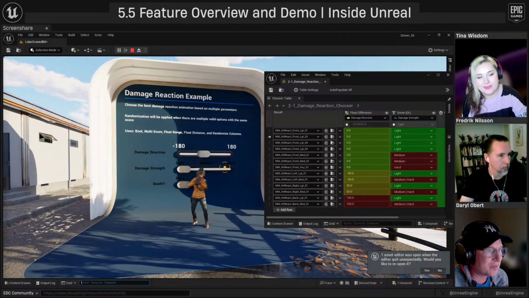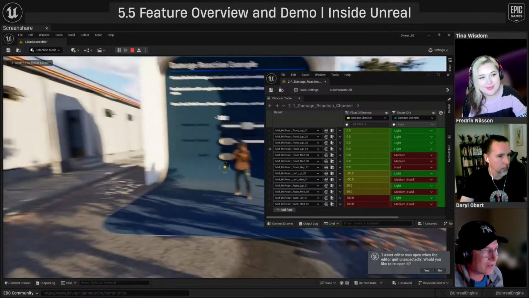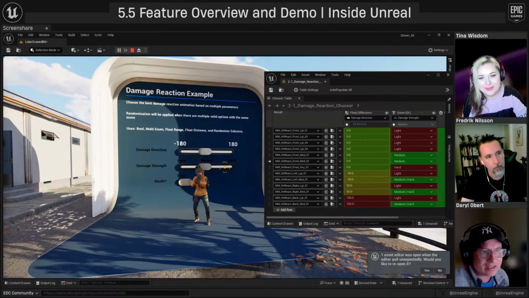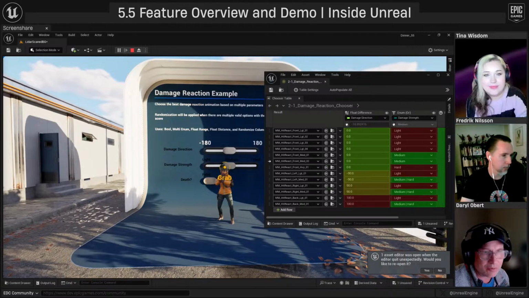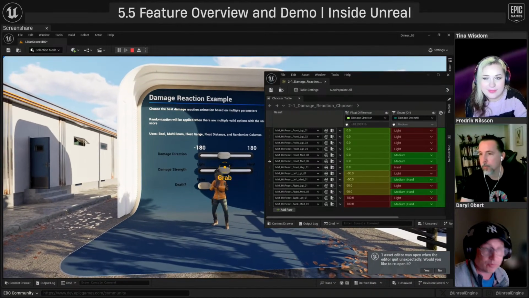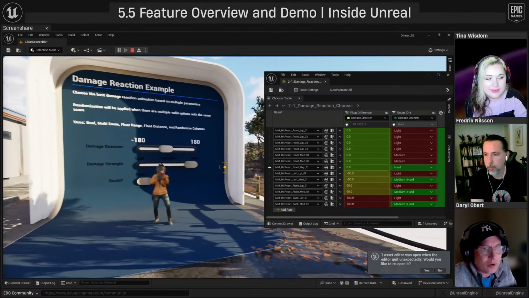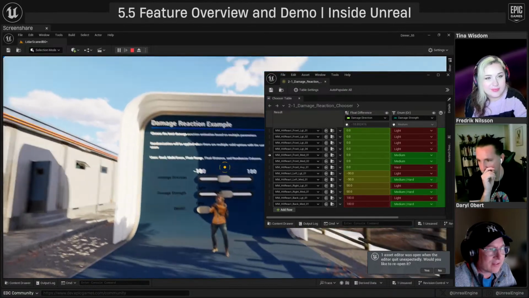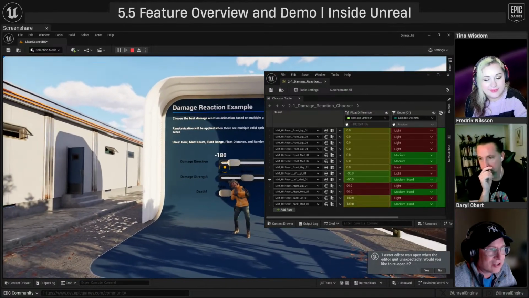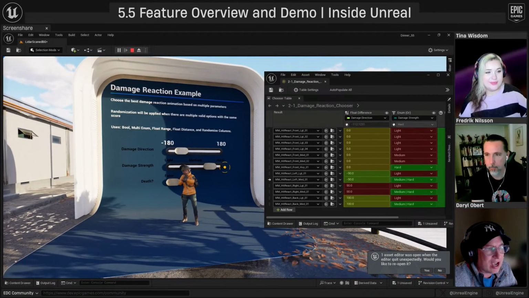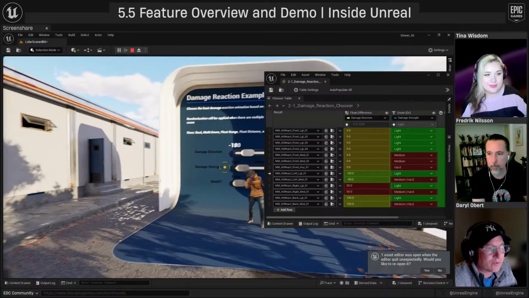As I start to move this around, if I go in here and grab and move this to medium, you can see that now those clips are going to be the active clips that it can choose from, and the ones that are red are no longer valid choices for the chooser to make. So it just lets you visualize what's currently active, what can be used to create the choice, and what clips are being triggered. And obviously, if I go in here and start to change the rotation, it's going to change the overall clips that could be part of the selection process for the actual chooser.